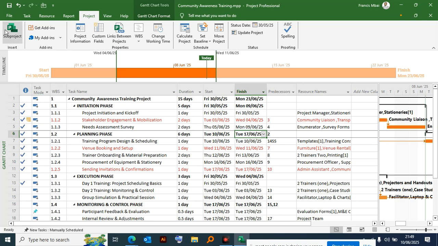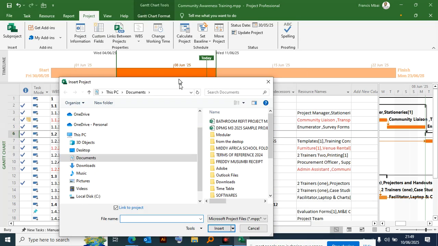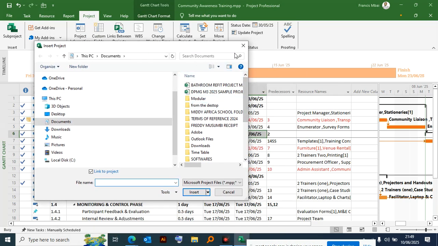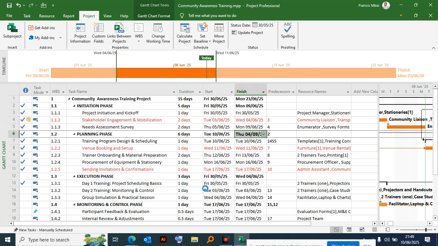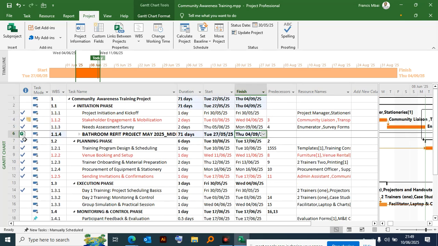I want to select this. Can you see this option? Let me go to my screen. Yes, go to your screen. You're still under project. Yes, the sub project. The one that I'm doing is the community project, and probably I have the bedroom refit. Let me bring the bedroom refit. Can you see where the bedroom refit has been